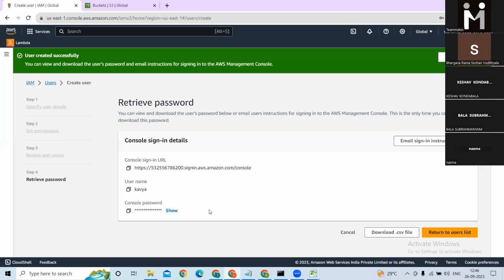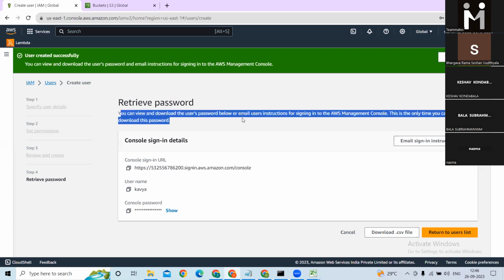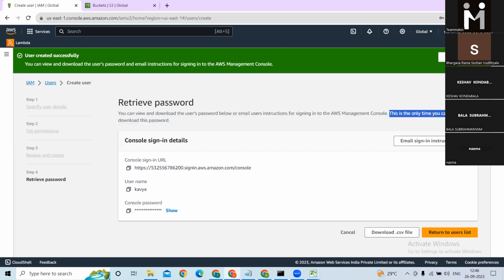I am creating a user. So again, Kavya also has this. Even AWS, please read this very properly. AWS gives complete instructions. What it is saying is you can view and download the user password or email user instructions for signing in into AWS management console. But it is also saying, see, this is the only time you can view and download